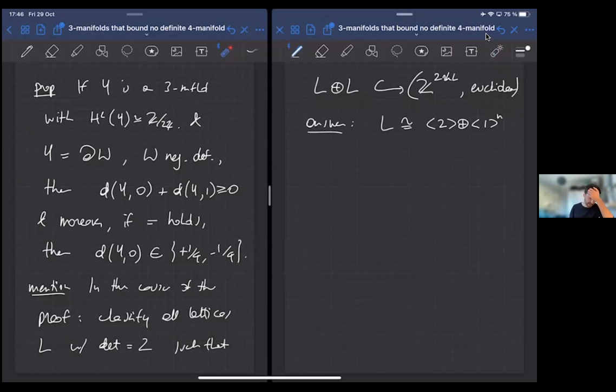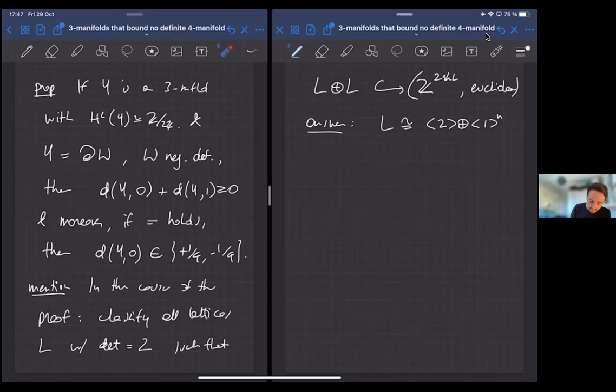Which is a bit of an analog of, if L were unimodular, this would be a silly statement, or not too silly, but it's like unique decomposition of positive definite unimodular lattices. So we're proving this indeterminate too somehow. Great. And then with a little bit of work, which is fairly standard,